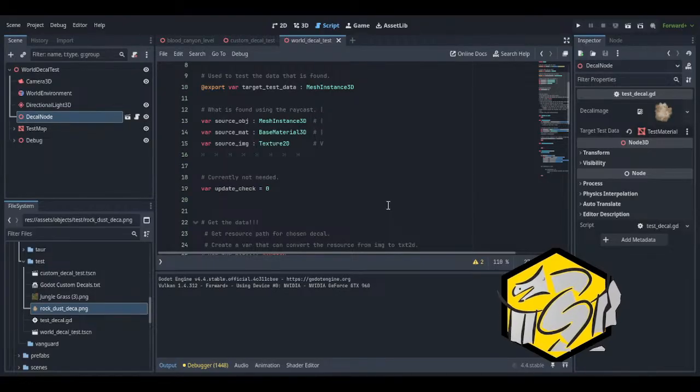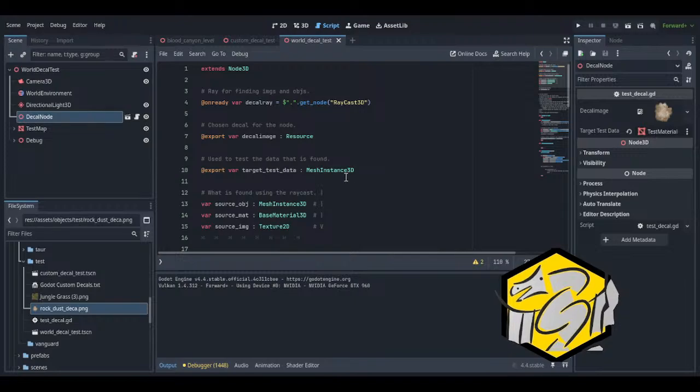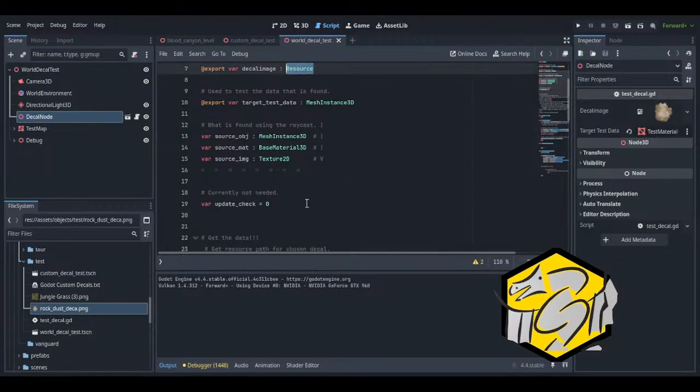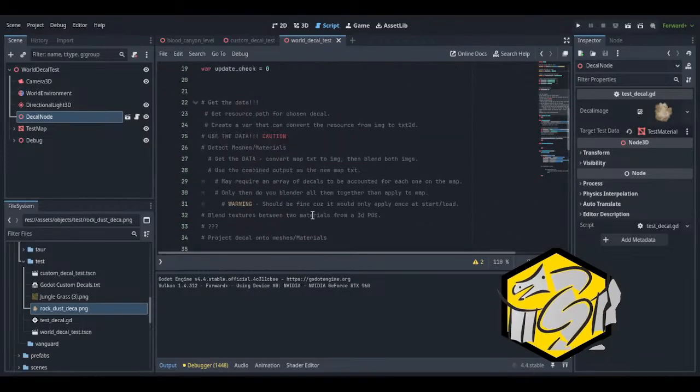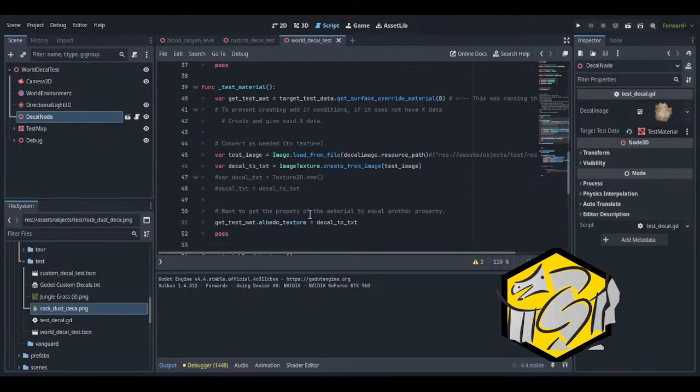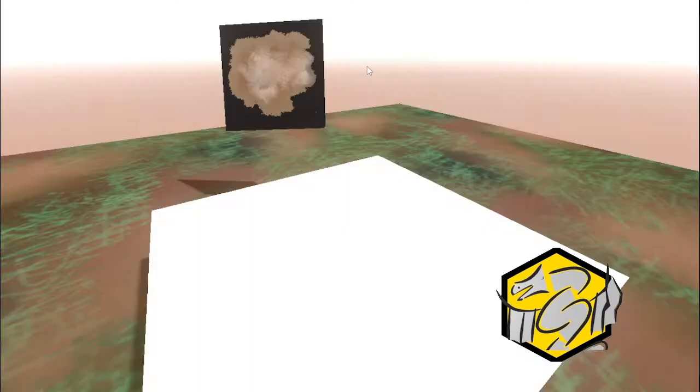I was using the wrong data type for the decal. I was supposed to use the resource data type, which lets you get the path intuitively. So you can drag and drop in the resource you want, and then you can just get its path from the property resource path. So when I hit play, it loads it now. So now it's both simultaneously an image that can be edited using the properties and functions of the image class, and then I can convert it back and forth whenever I need to, and also use all the cool tools.